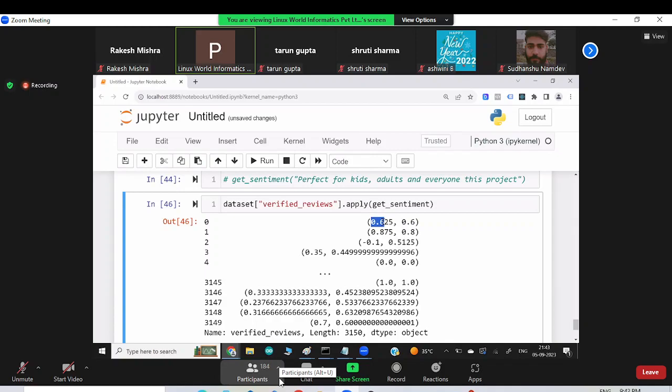Count how many we have. So out of 3,150, maybe we have less than 2,500, maybe positive. Then apply any programming skills, putting a loop, a function, conditions, if else, switches, cases, all the stuff is very, very simple after you have numbers. So analyzing the numbers is the core nature of your machines and programs. But what is not the core nature of a machine and a program is analyzing this text.